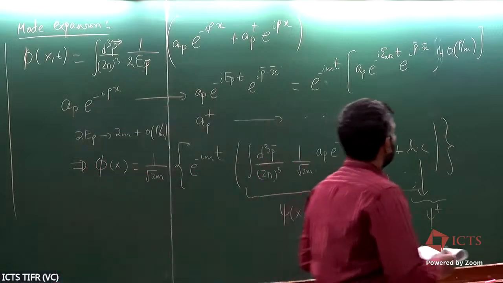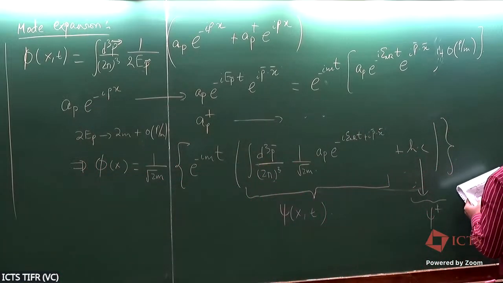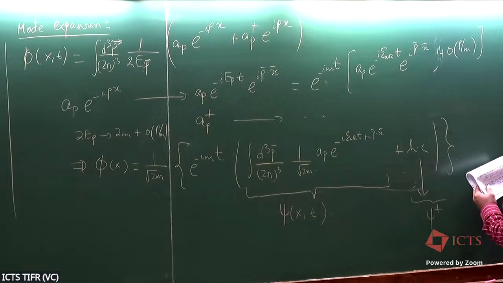And the Lagrangian that you end up getting is something like i by 2m del square psi minus